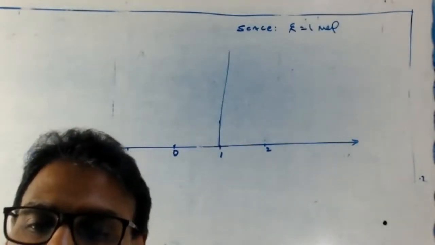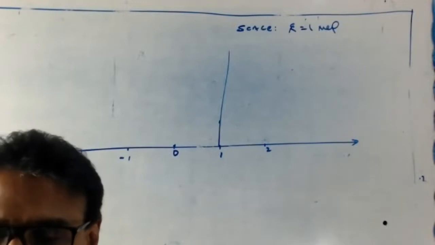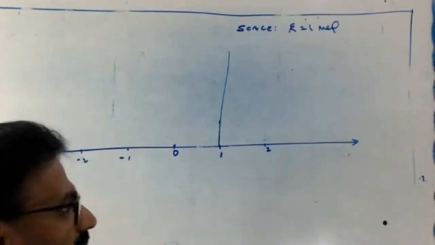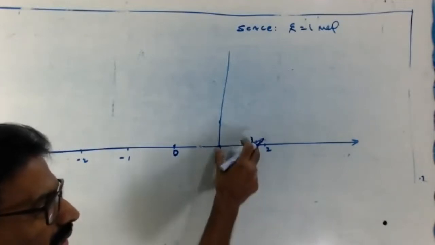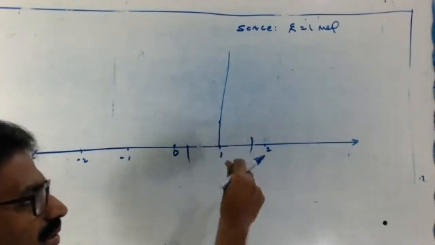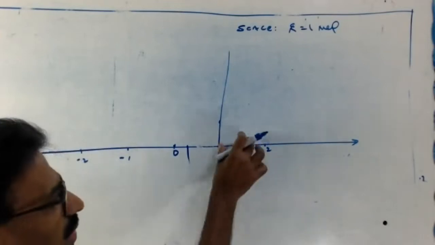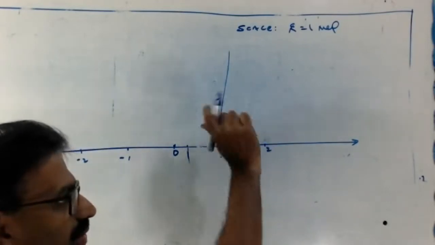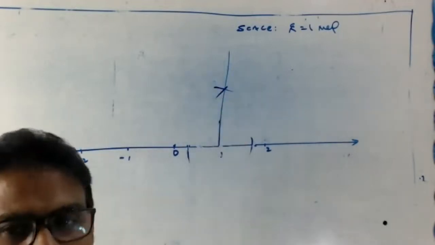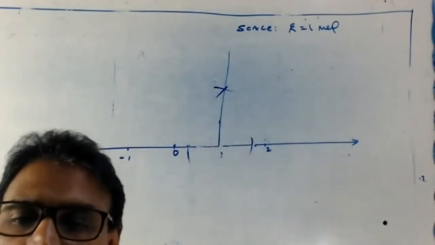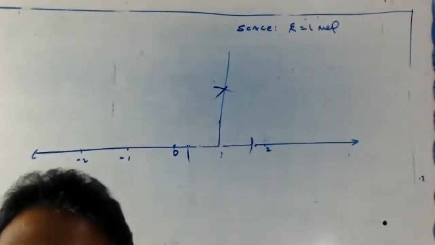Then if it is a compass, what we will do? Look at here. Keep the compass here, the sharp end. Tick one arc here, like this. Here also tick. There is no sound. Tick. Tick. Then from here, you take here and here. Okay. Clear now? Are you okay or not?